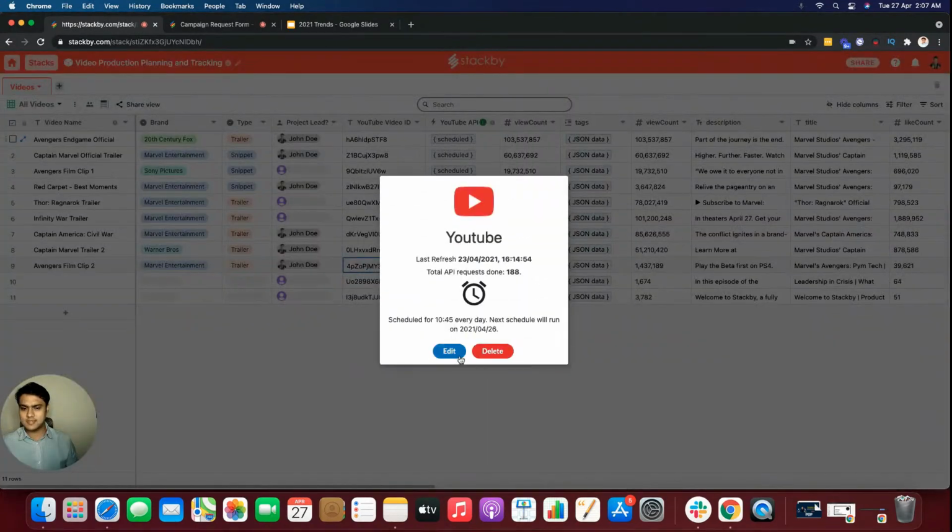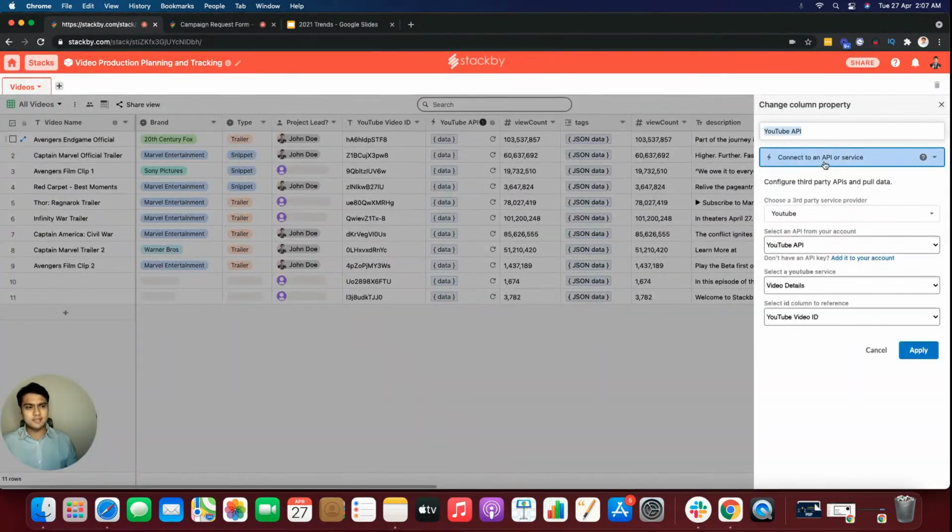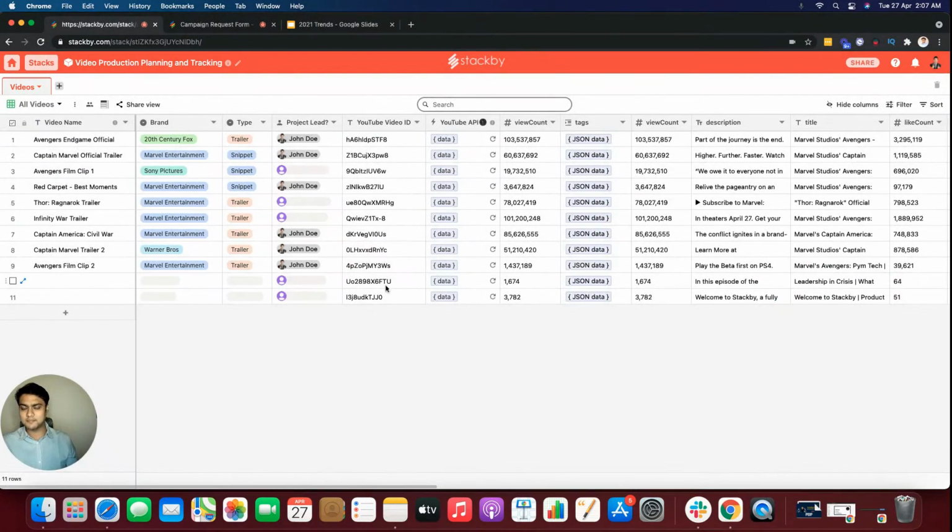So in this case, let me just delete this. I've connected this to an API. So in this case, I've connected this to YouTube. I just have to get an API key, which is super easy to get. Select the YouTube service. I want to bring in the video details and the ID column to reference, which is the video ID. So as soon as I apply, basically, it brings the response, the data